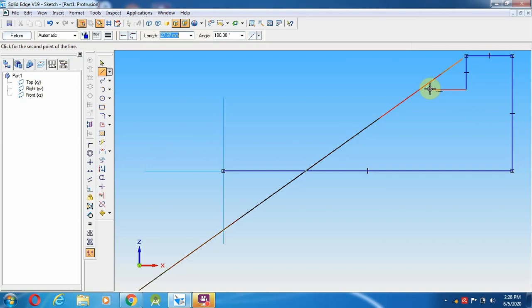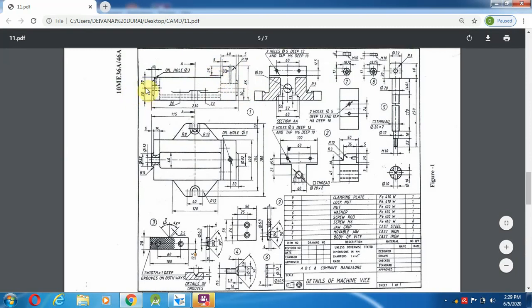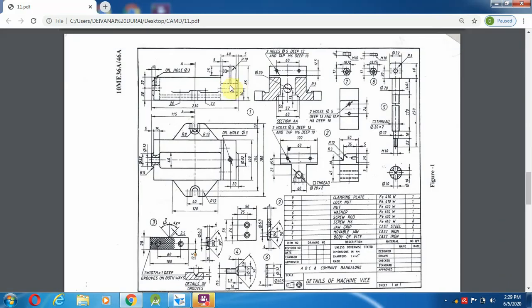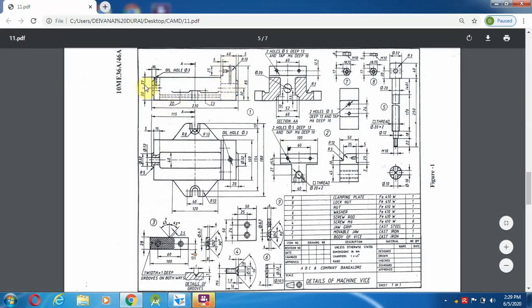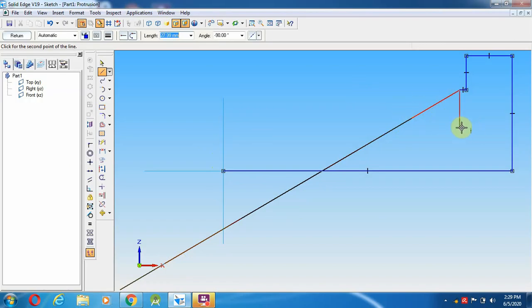Okay, then towards this side 5 mm, because we have already seen the dimensions in the drawings. So 5 mm. Again, how many mm it has to move downward, those values are not given over here. So how to calculate? 85 minus 25 minus 57. Okay, 30 plus 27, 57. With the help of that we can find. So 85 minus 30 is 55, 55 minus 20 is 35, 35 minus 7 is 28, 28 minus 25 is 3. So the 3 mm I am going to draw over here.